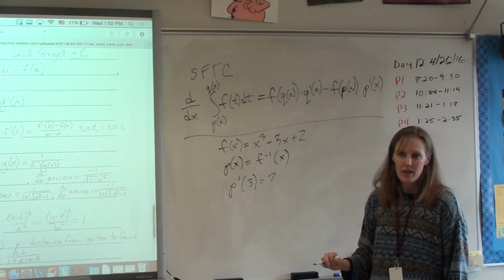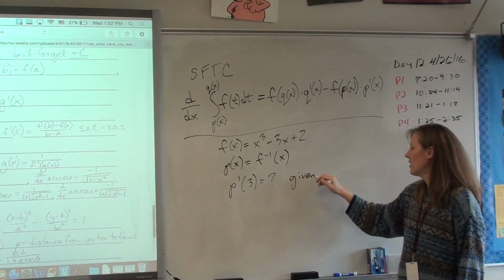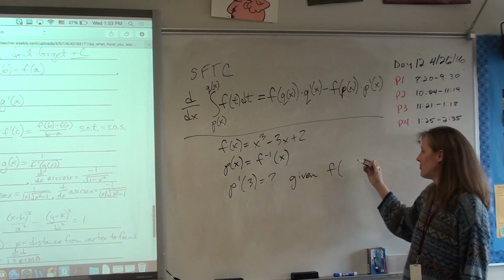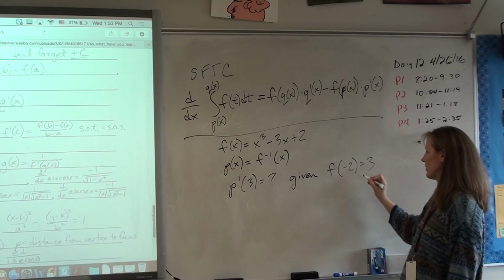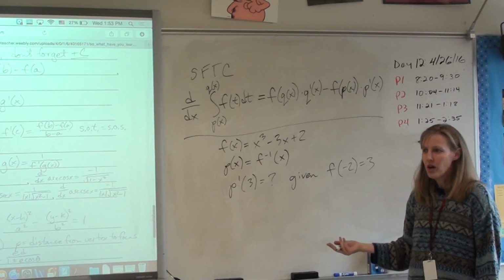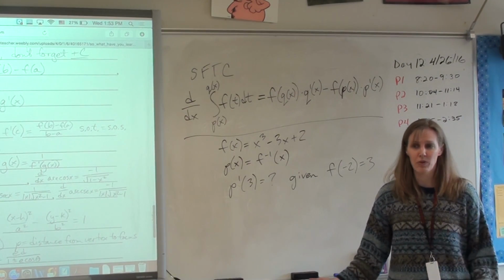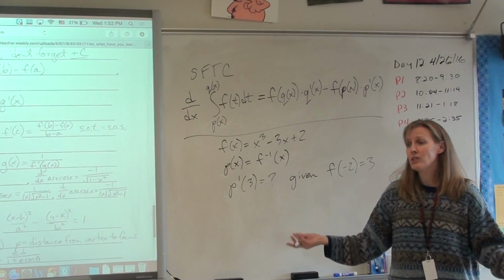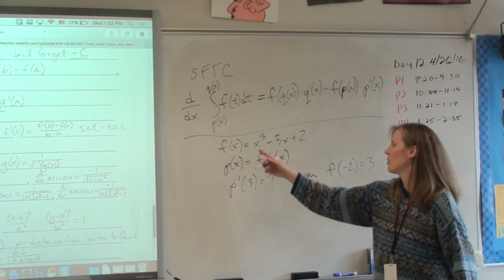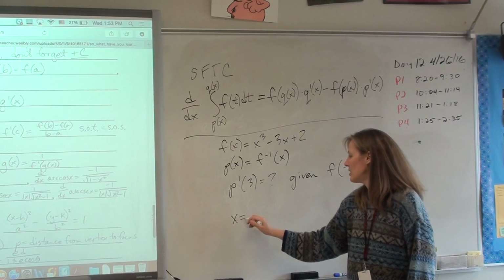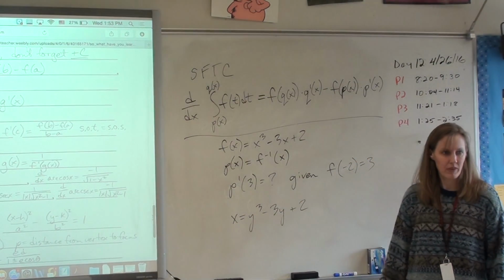Often they will say, given f of -2 equals 3, something like that. Don't check the math, it won't be right. All right, what do you do? There is a formula, but let's not learn a new formula right now, all right? We know inverse functions, first thing you always do is swap x and y. So you swap x and y. So you have x equals y cubed minus 3y plus 2, right? So now